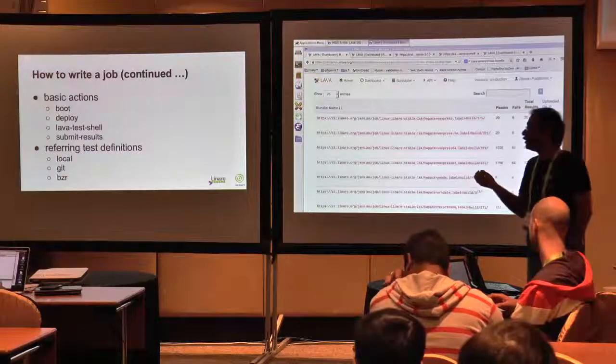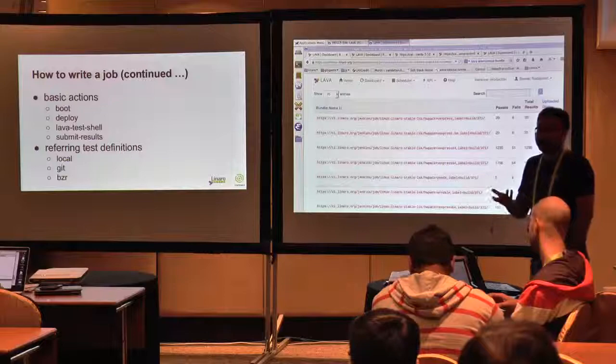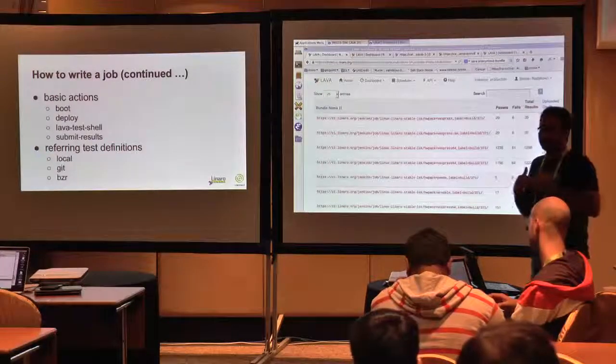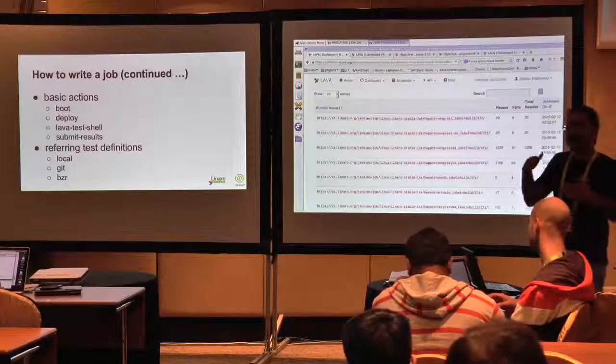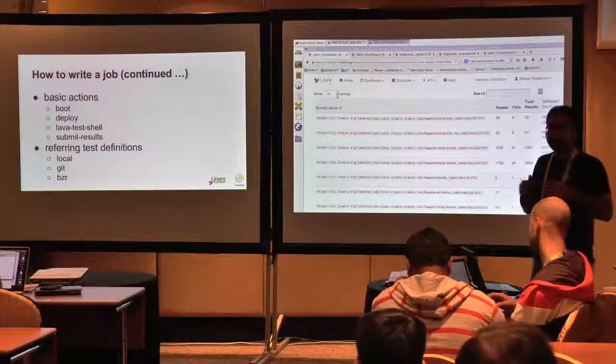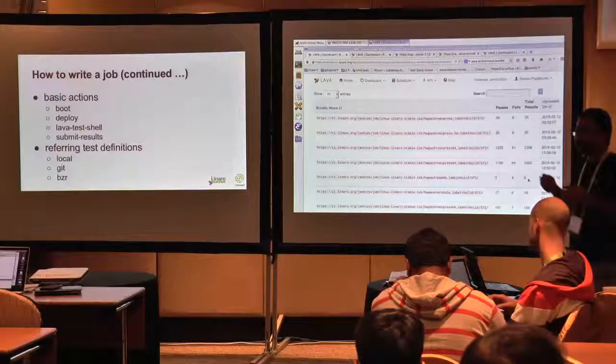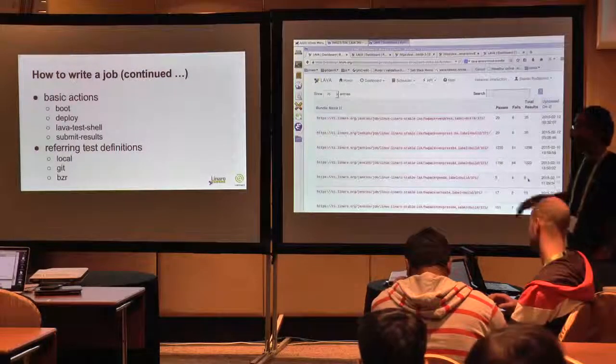So you just specify the boot action. For example, there is something called dummy devices in Lava, where it is already running, and then you just want to reboot that device, and then run your test on it.